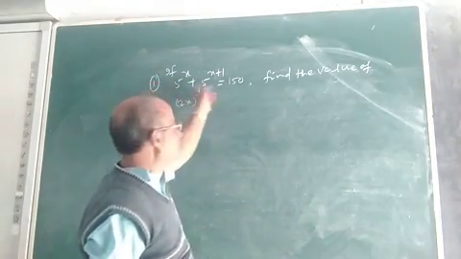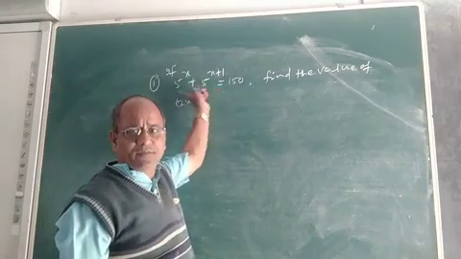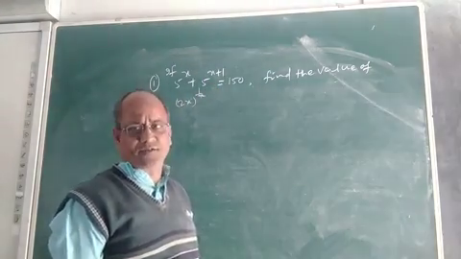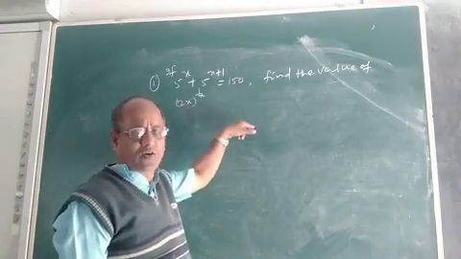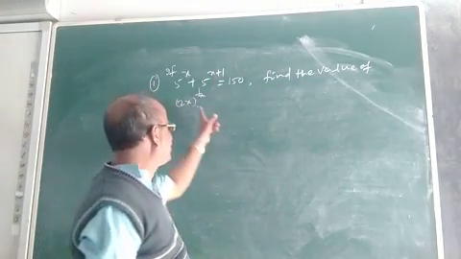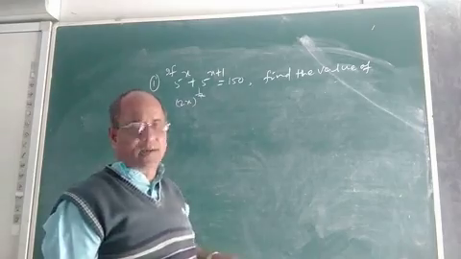Now to find it, first we have to definitely solve this exponential equation, and first we have to find the value of x. Because if the value of x is not found, we cannot find what will be the value of 2x to the power 1 by x. Now the point is, how can we find the value of x?